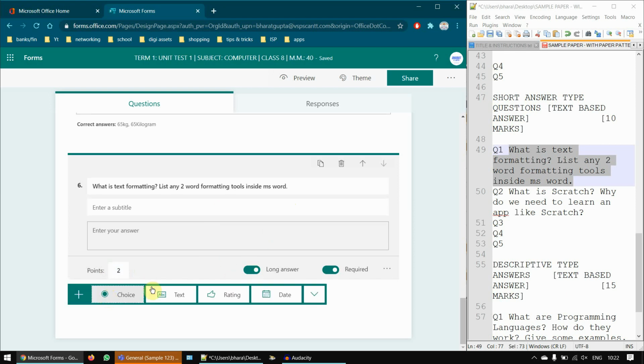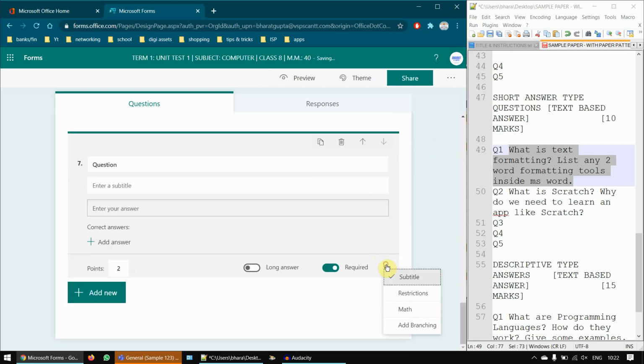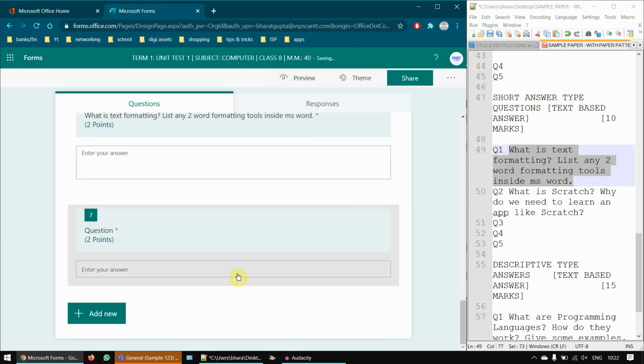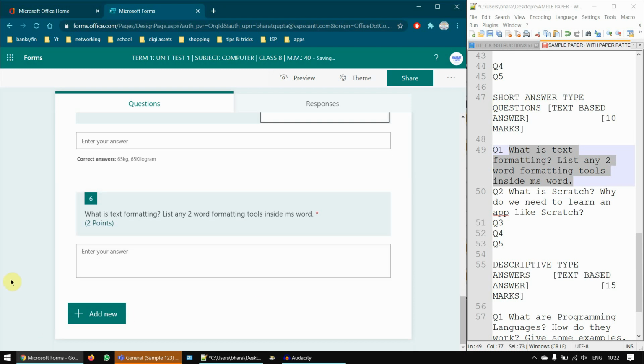Let me add another question. Let me just delete this question, let me delete it, alright. Over here, I can delete this question. Let us say we have a math question, and in that question the student needs to solve the question with a number of steps, right. So, this time I will click add new,